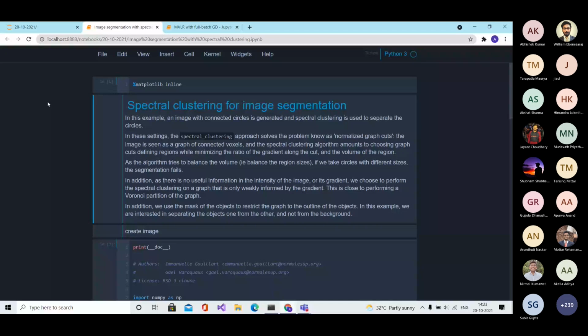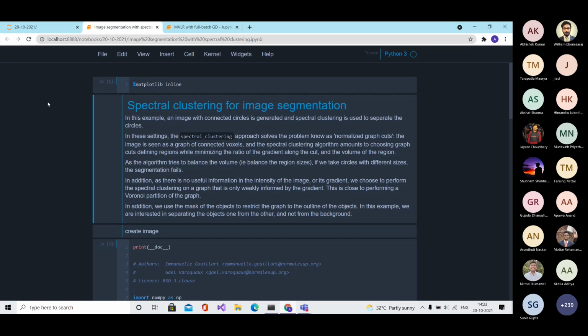There, we saw that we can consider an image as a grid of pixels, as a matrix in which each entry represents a particular pixel value.